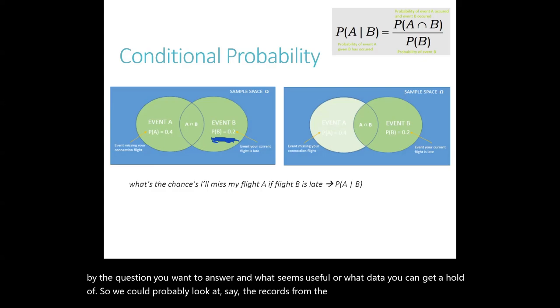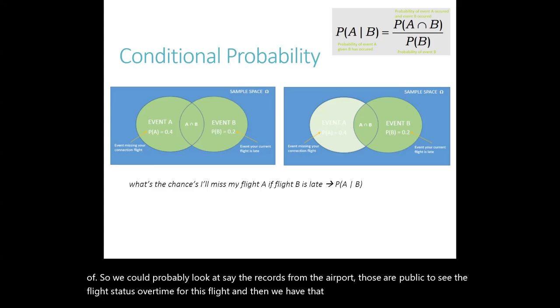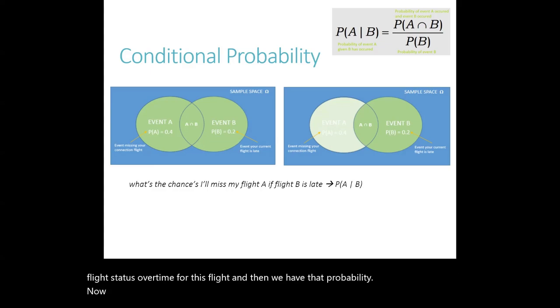Those are public, to see the flight status over time for this flight. And then we have that probability. Now, again, our question here is what's the chances I'll miss my flight A if flight B is late? So in the context where those two things